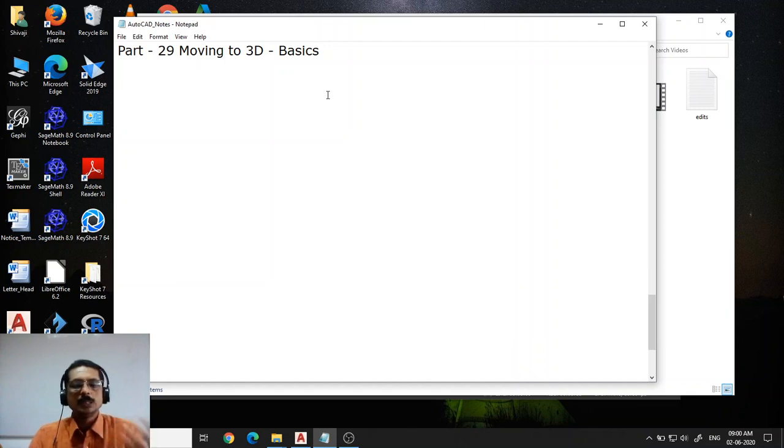So when you say 3D, rather than only creating the 3D, we'll also have to look at how we can look into 3D, and even the display, or when we take the printout, how it has to be represented in a 2D plane. See, our system or the paper where we are going to take the printout is basically a 2D surface. So if you want to represent a 3D object on a 2D surface, then certain types of visual help we also need. Okay, so how we need to look into the object, how we can see the object, how visually we can represent those things. Those things also will be covered in